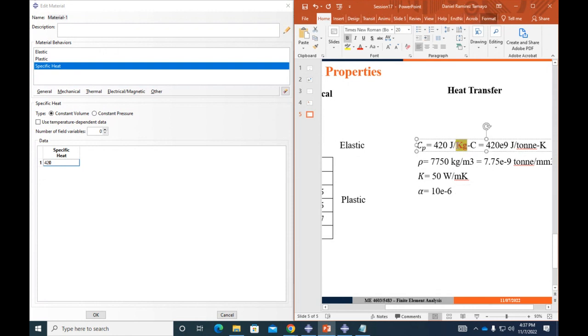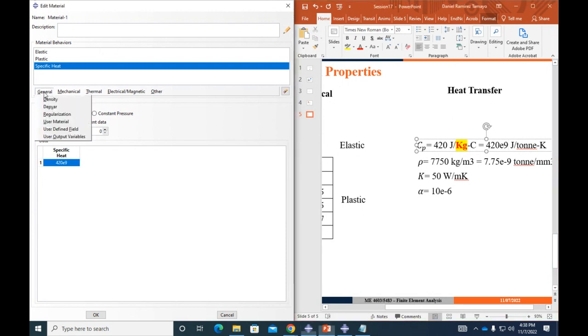However, my kilograms, I have to transfer those to ton, right? So to go from kilograms to ton, yeah, this is 420, e to the 9. So this e to the 9 in here.